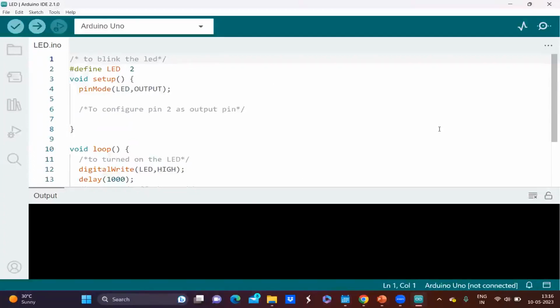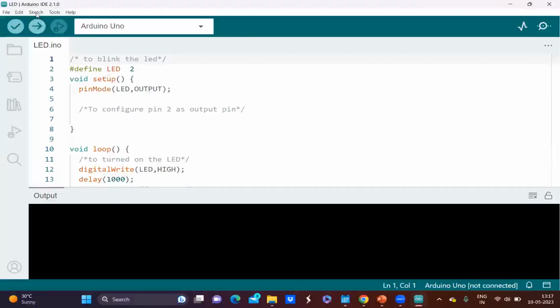Here in the LED we have two kinds of connections: a sourcing circuit and a sinking circuit. When the LED is connected to the positive terminal of the Arduino pin with 1, it is called a sourcing circuit, and when it is connected to 0, it is called a sinking circuit. Let's go with the